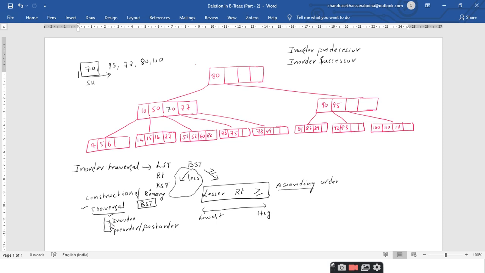So when you are given a question on construction of a binary search tree using the traversals, listen carefully. The author will be giving either the pre-order or post-order. Only one order will be given, right? He won't give the in-order traversal. Can anybody tell me what is the reason?